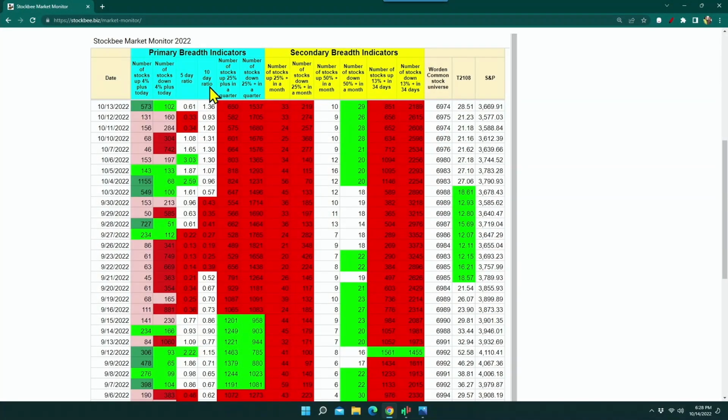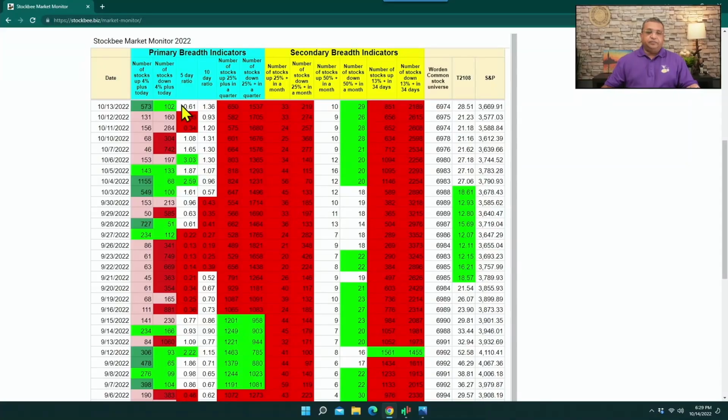Now we already looked at these four columns, right? Let's look at these columns. This is a very important column. This is the primary breadth indicator. Whenever I say the primary breadth indicator is negative, I'm referring to these two columns: the number of stocks which are up 25% in a quarter, or the number of stocks down 25% in a quarter. So when this is red, as it is showing currently,